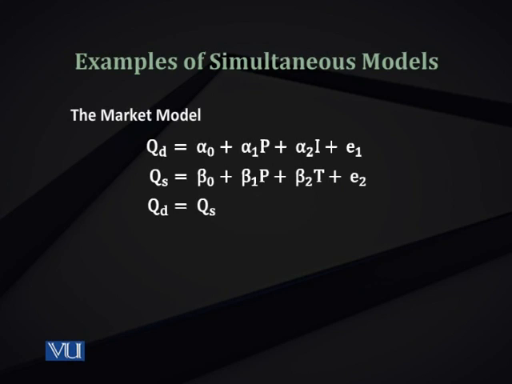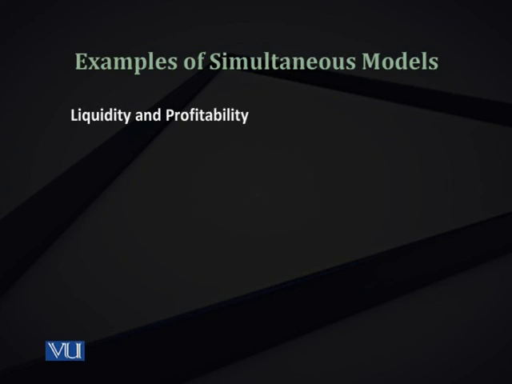For example, if you use the simple ordinary least square technique to estimate the parameters alpha naught, alpha 1 and alpha 2 of the demand equation, they will not be good estimates. They will be inconsistent. The same for quantity supplied: if you individually apply ordinary least square and try to estimate beta naught, beta 1 and beta 2, which are the parameters of the supply equation, an estimate is possible, but it wouldn't be a good estimate. It would be inconsistent.